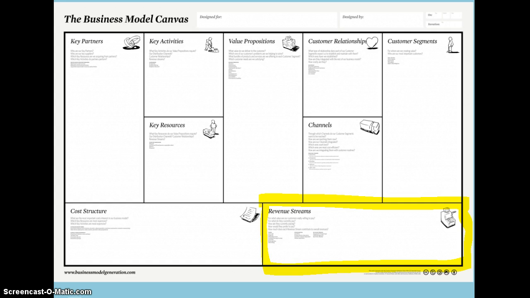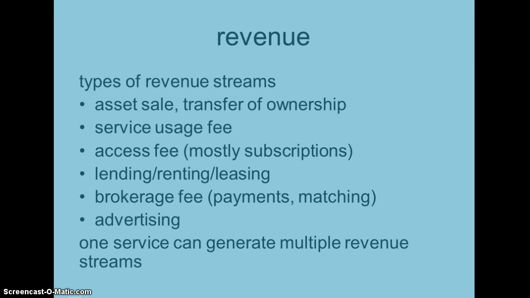Today I'm talking about revenue streams, the bottom right hand corner element of the business model Canvas, and together with cost structure, these are the two financial elements that are supposed to be the solid foundation of your business model Canvas. So revenue, the word itself, just the money that you're generating that comes in, but there are many different